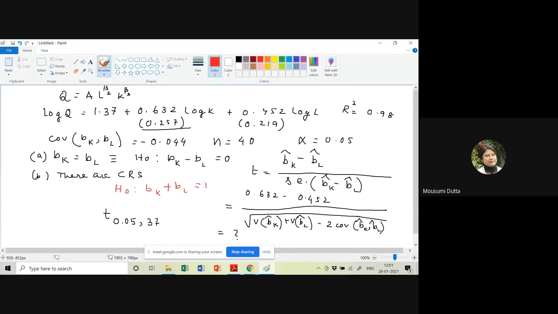Now, if BK plus BL is equal to 1, we will follow the similar methodology to test the hypothesis. T we will define in terms of beta hat K plus beta hat L minus 1, and in the denominator, we will write the standard error of beta hat K plus beta hat L. So let me write the thing here. So T we will consider